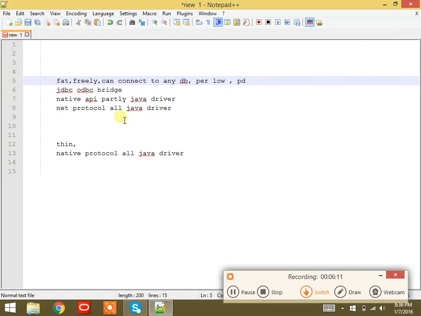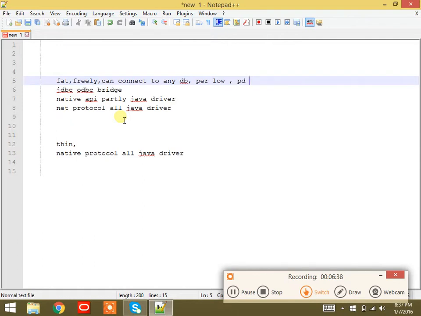When it comes to type 4, it is the opposite of that. Cost: all the others are free, but type 4 is not free. It cannot connect to all the databases. It will connect to only one type of database at a time. A MySQL driver will connect to MySQL only, and an Oracle driver to Oracle only.